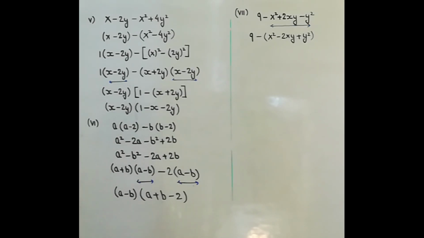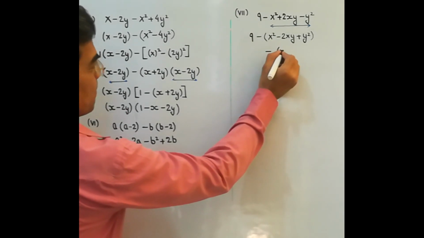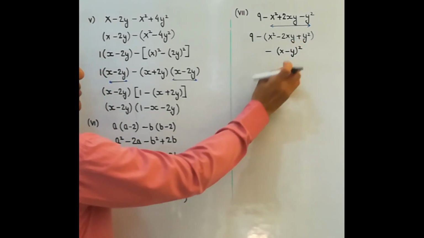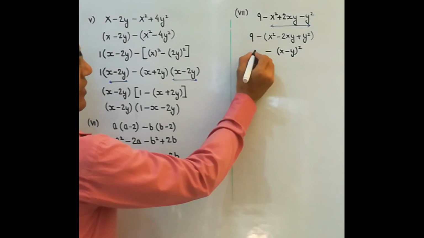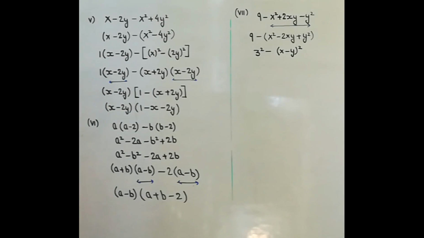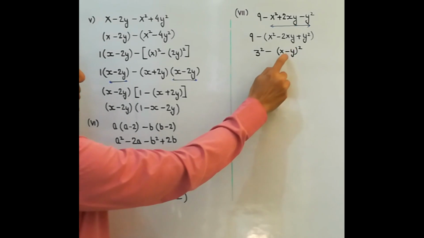And if you see the second group, it's a whole square formula. It is the whole square of x minus y. Just like we have the a minus b whole square formula, the same way this group is representing x minus y whole square. This is the formula for x minus y whole square. And this 9 can be written as 3 square. So we can say we have got it in the form, this will be read as a square minus this will be read as b square.